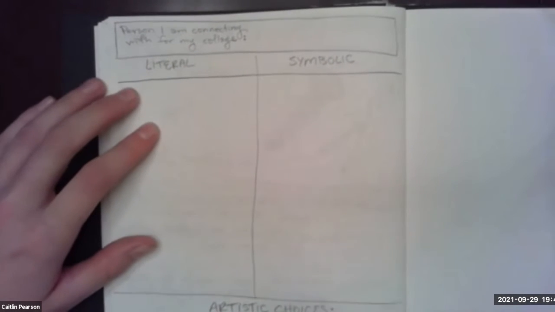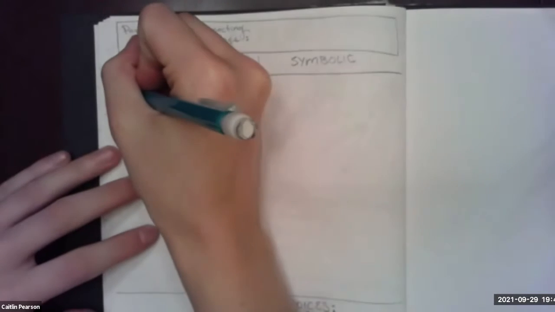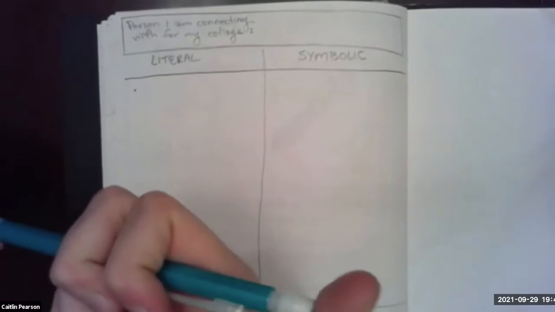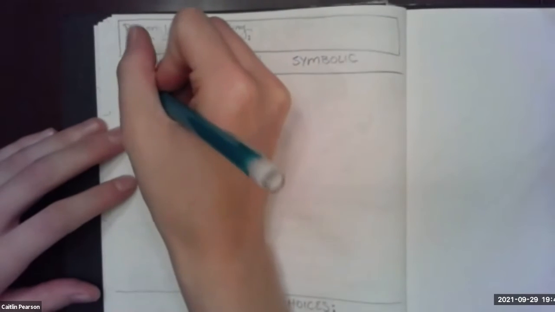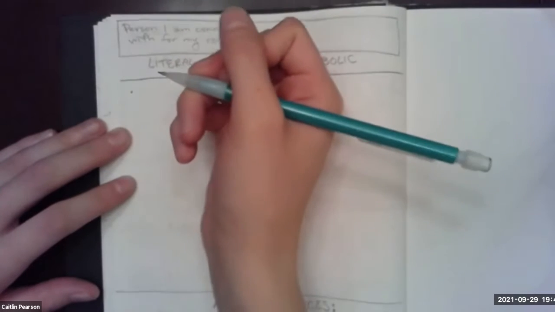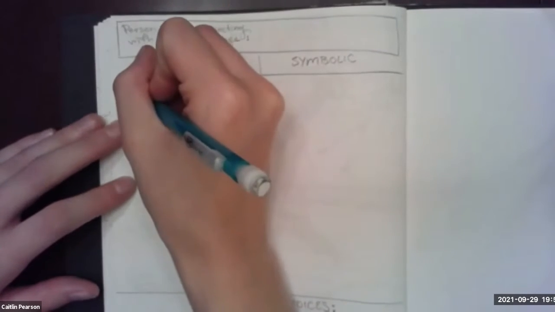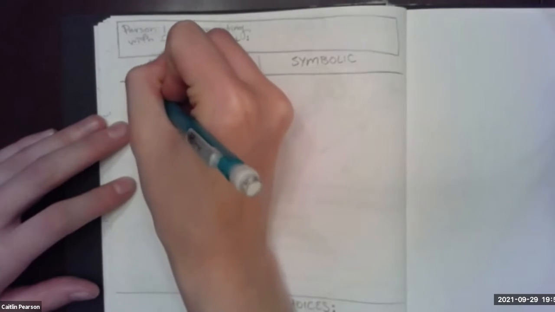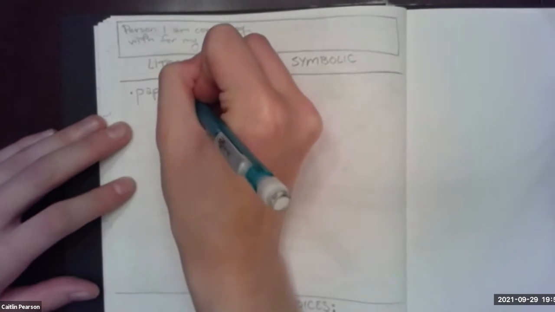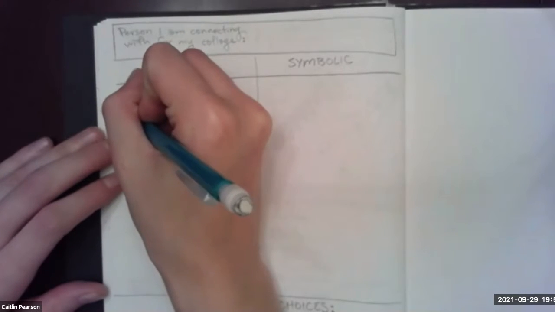Right? So literal connections are things that literally connect and bring things together. An example would be if you were there for the do now, then you would be familiar with this. If you were not there for the do now, that's okay. You can still follow along. A literal connection would be a paperclip, because a paperclip connects papers together, brings papers together, binds them together, you can also say, right? Another thing